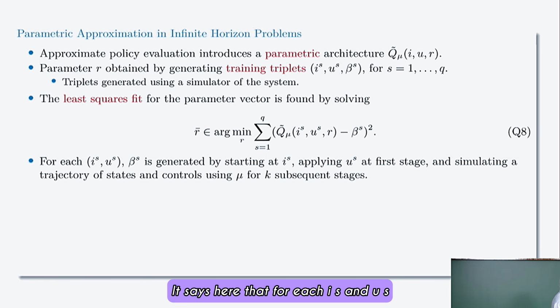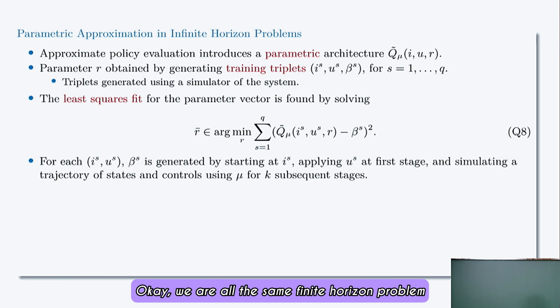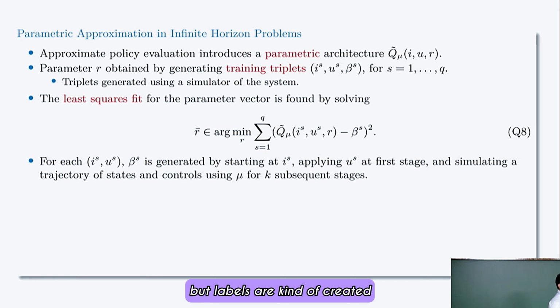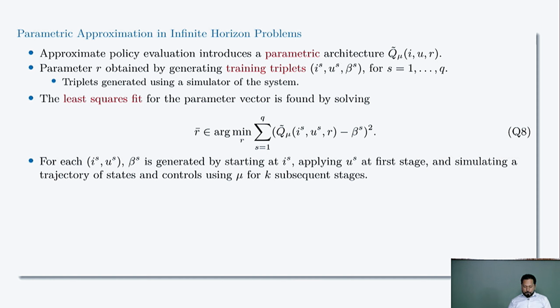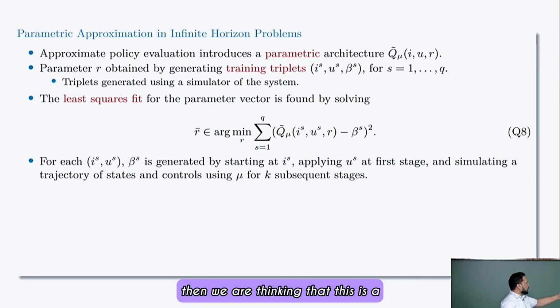It says here that for each i_s and u_s, for a current sample s, beta_s is generated starting at i_s, applying u_s at the first stage, and simulating a trajectory of states and controls using the base mu policy for k subsequent stages, only k subsequent stages. Although it's an infinite horizon problem, labels are created this way. Now you may ask, is this a good label to learn from, which only terminates after k stages? That's a good question, because if k is large enough,